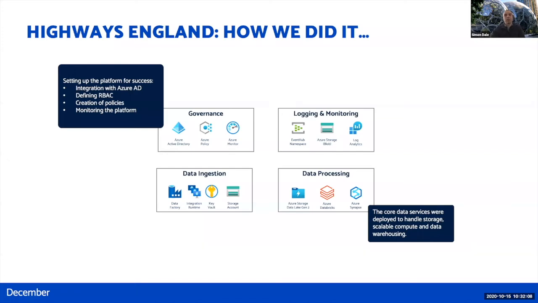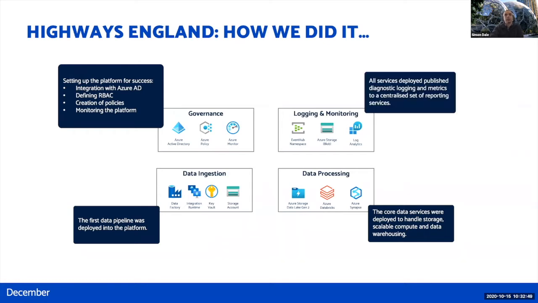If we move on to the actual platform design itself, we identified core services that would be needed by like many different users of the platform. So things like the data lake, the data warehouse, and also the data processing fell into that category. Whereas the data ingestion is something that would scale over time as more data sources were onboarded, and had different requirements around connectivity and secrets and things like that. So our first platform, the Steel Thread, I spoke about, was deployed into the platform at the end of December, around the holiday period.